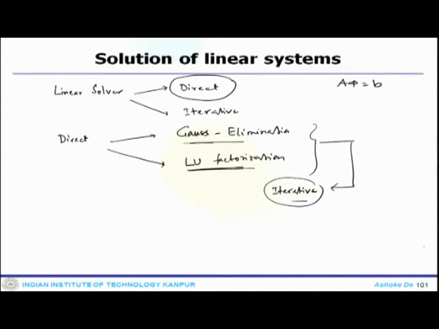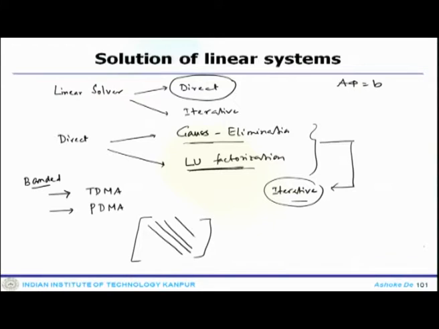Third, we have talked about a couple of special cases, that is the banded system. Under the banded system, what we have discussed is the TDMA, which is called the Thomas algorithm, the tridiagonal matrix algorithm, and then the other one, PDMA, that means the pentadiagonal matrix algorithm, and these are all applicable for banded systems. One case has 3 elements, the other case 5 elements. So these are for banded matrices that we have discussed.